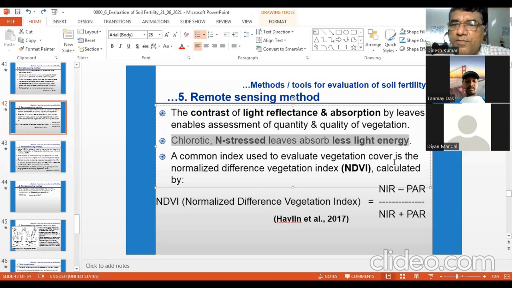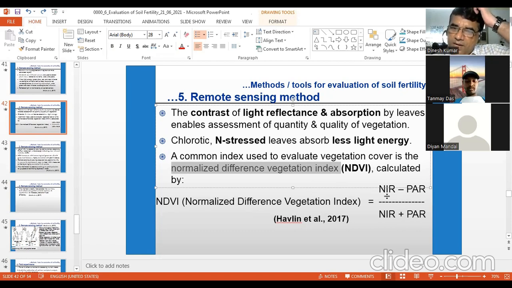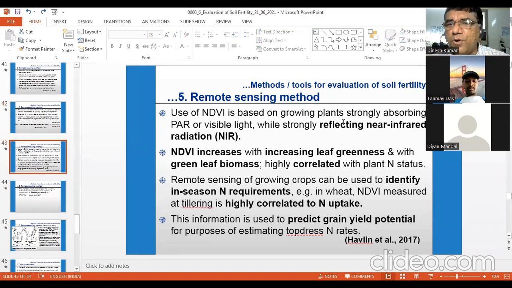A common index used to evaluate vegetation cover is the normalized difference vegetation index. NDVI is used. It is not new, it is very old, but students should know it. The formula is NIR minus PAR divided by NIR plus PAR. NIR is near infrared radiation, and PAR is photosynthetically active radiation. The use of NDVI is based on growing plants strongly absorbing PAR or visible light, while strongly reflecting near infrared radiation. NDVI increases, this is important, NDVI increases with increasing leaf greenness and with green leaf biomass, highly correlated with